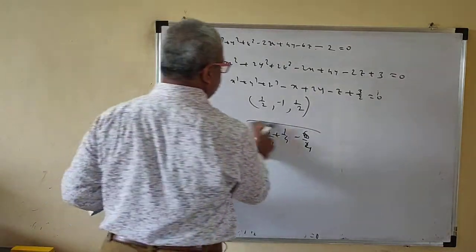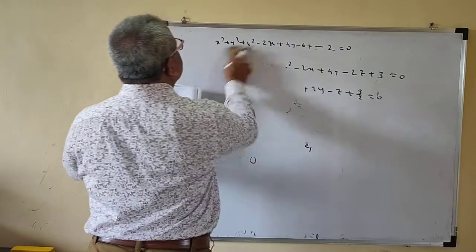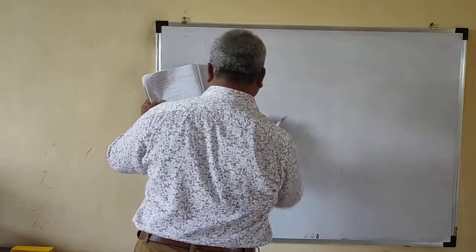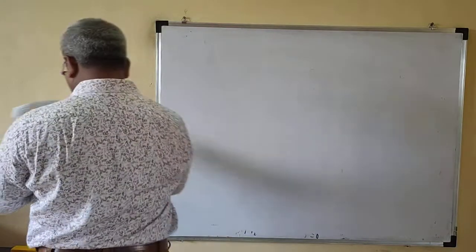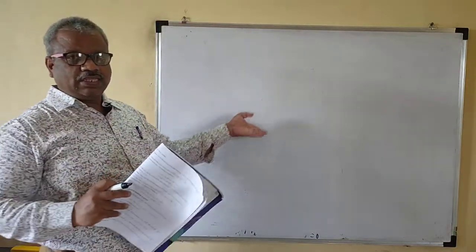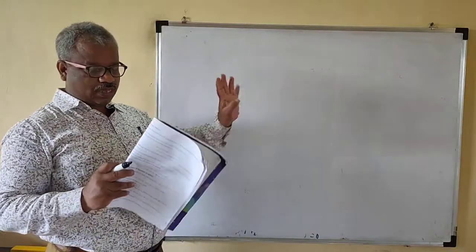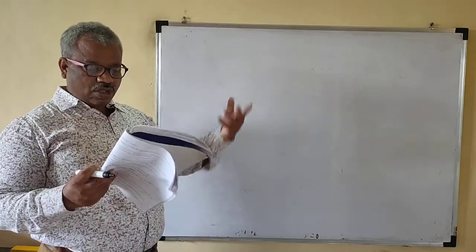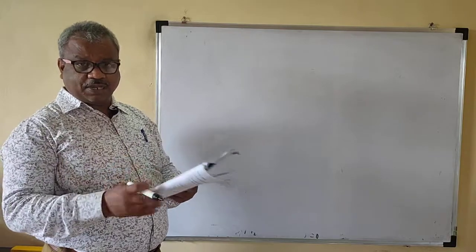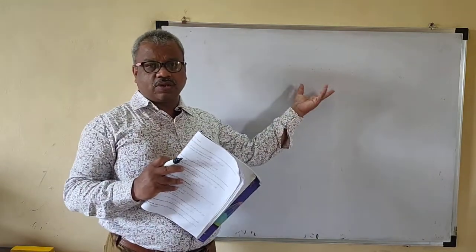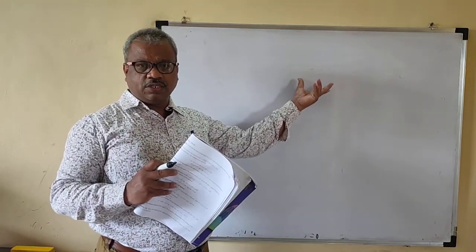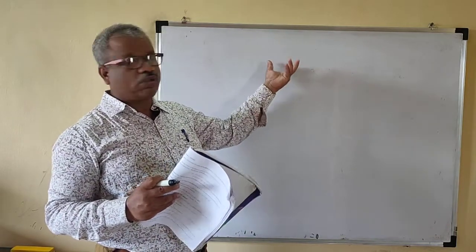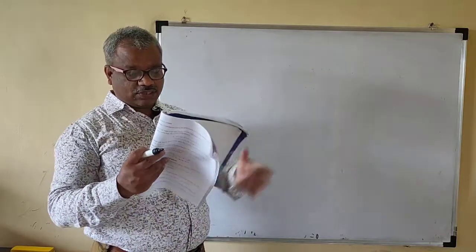That means this is not a sphere. So this is not actually the sphere. I hope that you can find the center and radius of any sphere now. In the exam there may be another sphere, so you have to find the center and radius of any sphere. I have given the counter example for this, how to find the center and radius. You have to do more problems and practice to find the center and radius of the sphere.